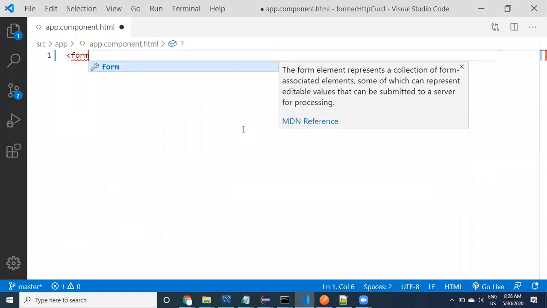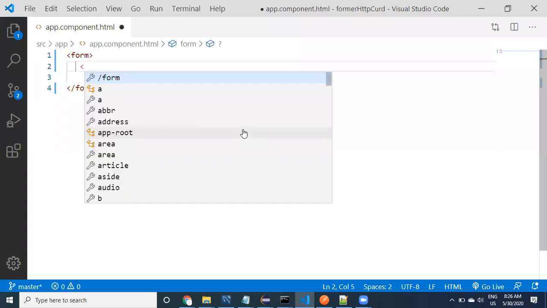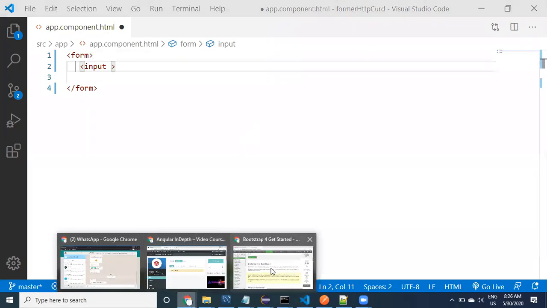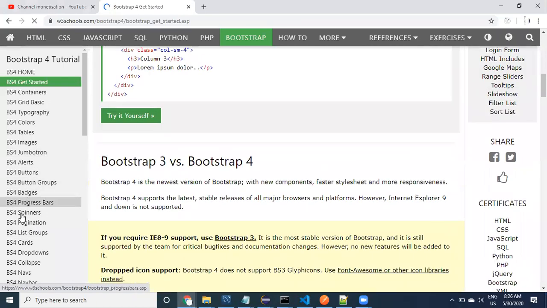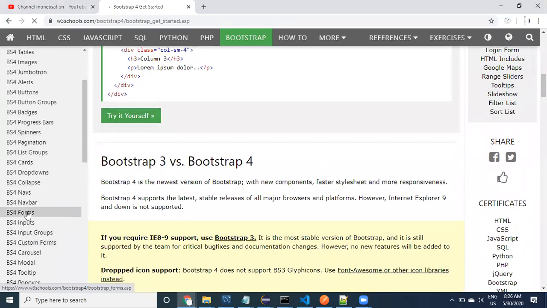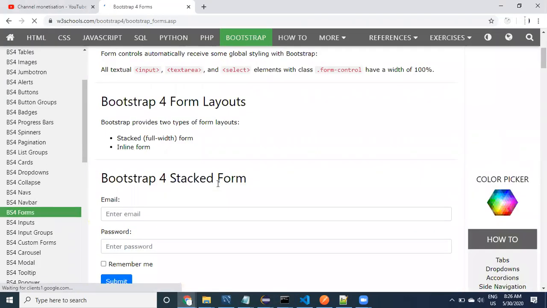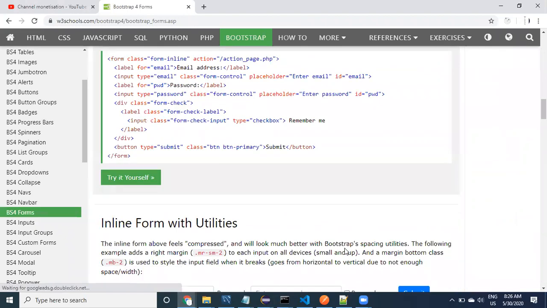What should that form contain? Input, of course. To create the form, we are looking for a bootstrap form. Bootstrap form is already here. You can go to the bootstrap form and check out whatever kind of form you want.